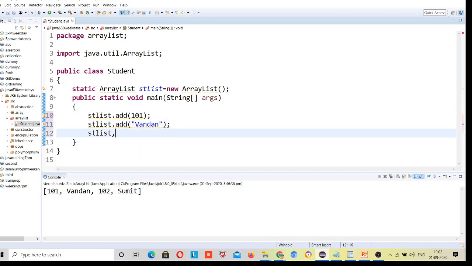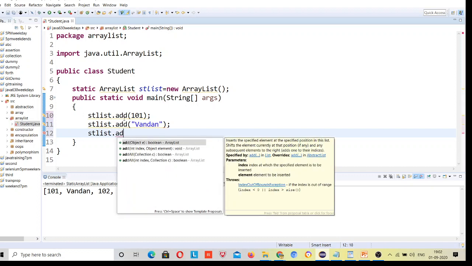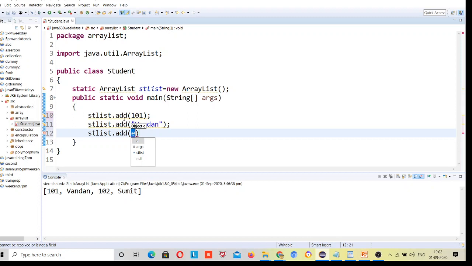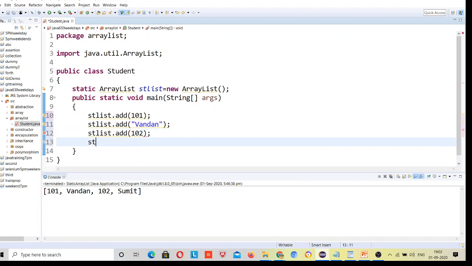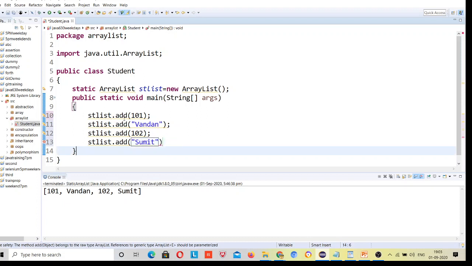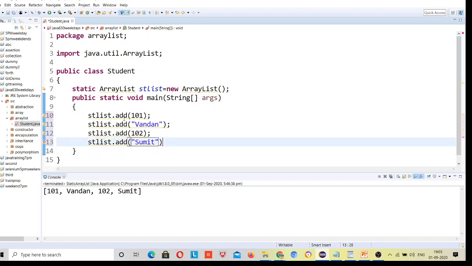St list dot add second, 102. St list dot add Sumit, right? So this way we can use it.